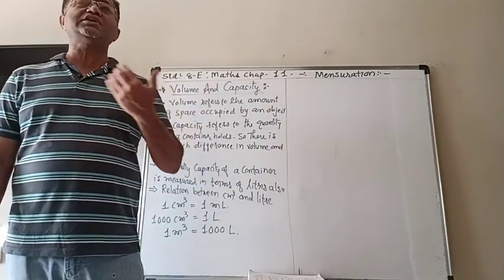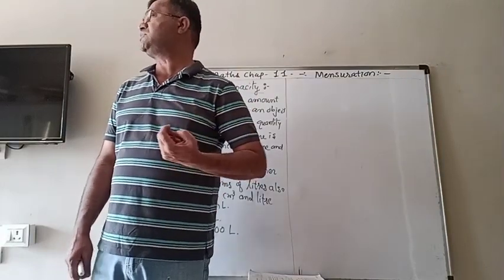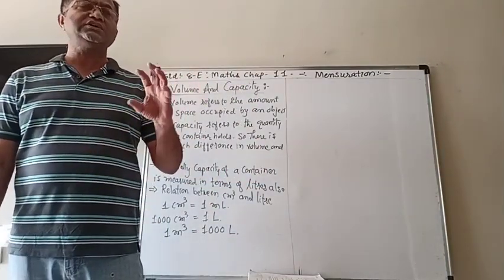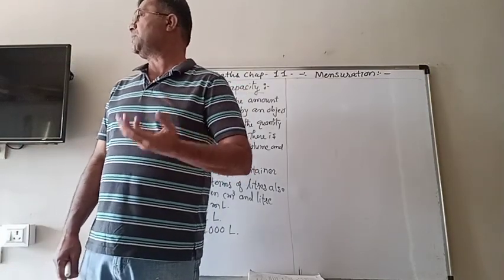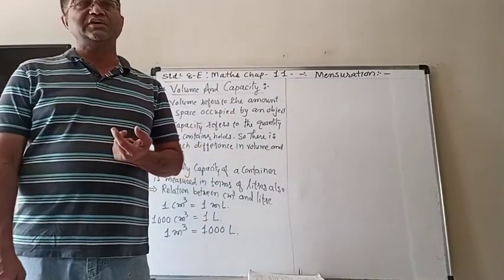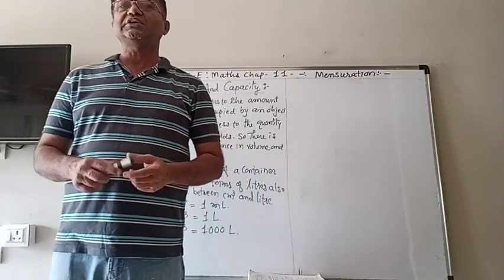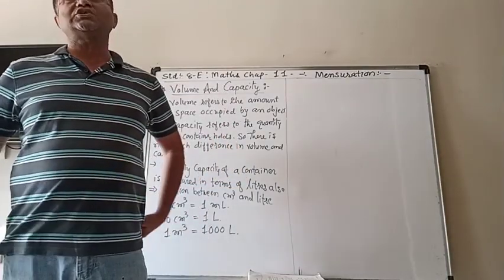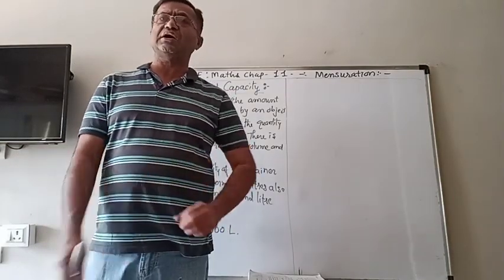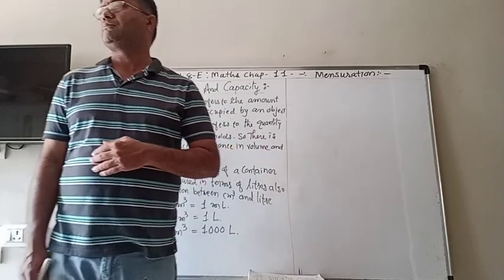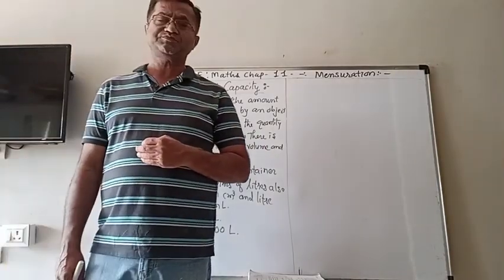In a cylinder there is a curved surface. So lateral surface area is the same as the curved surface area. So it is also taken as CSA in place of LSA. And it has identical base and top, which are in the circular shape. So total surface area is CSA plus the top and bottom circles. We wrote down the formulas also.